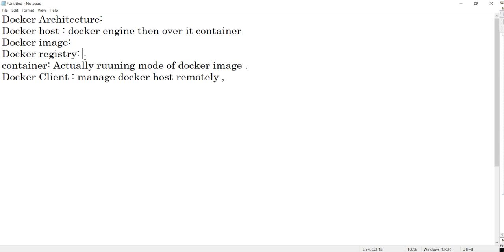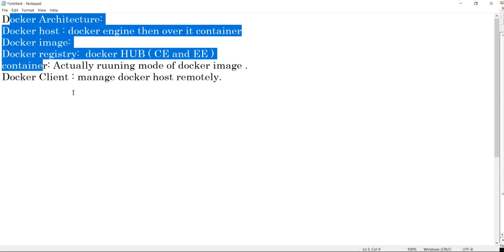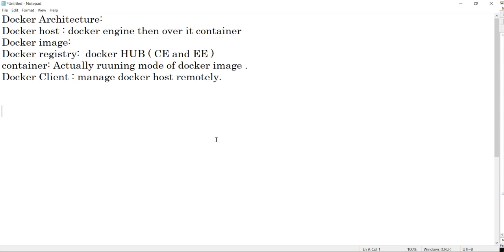Okay, so these things are clear to you. An example of a Docker registry is Docker Hub. Here all the images are maintained. It is provided by Docker. Two types of images you will get: community edition, which are free images, and enterprise edition. In enterprise edition, the image provider will take care of all the patching. If a new version is coming, they will notify you and produce that new image for you. So these are the terms we need to know before starting our practical with Docker.